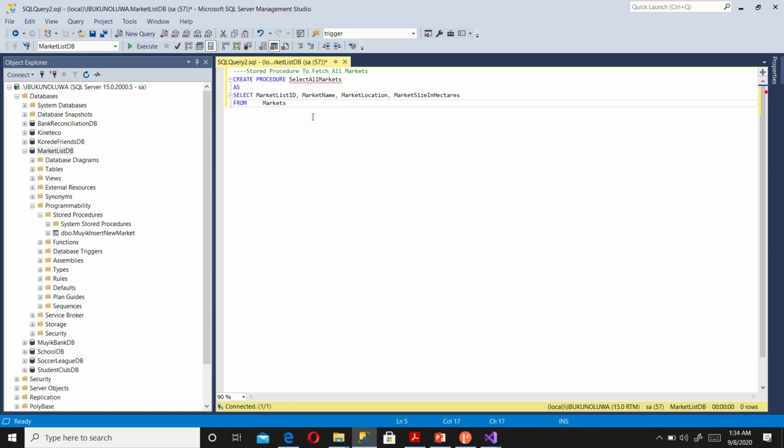The next thing I will do is I'll click on pass. Now, having seen that the TSQL statement is passed successfully, the next thing I will do is I'll click on execute. After clicking on execute,